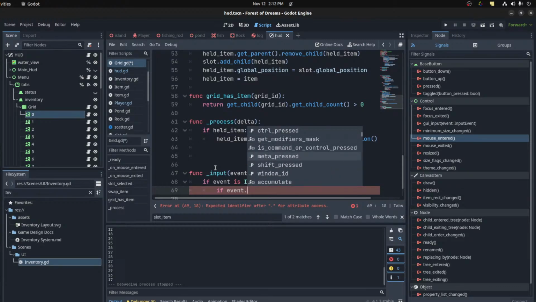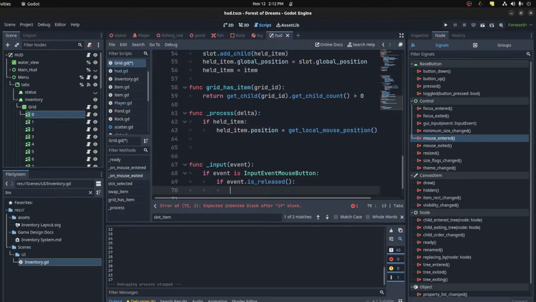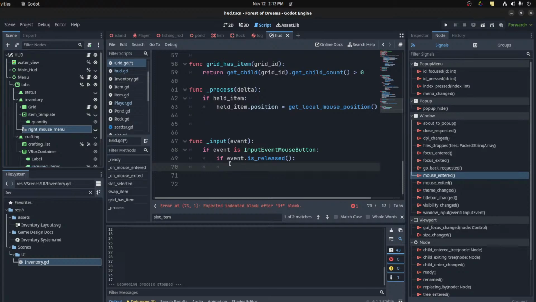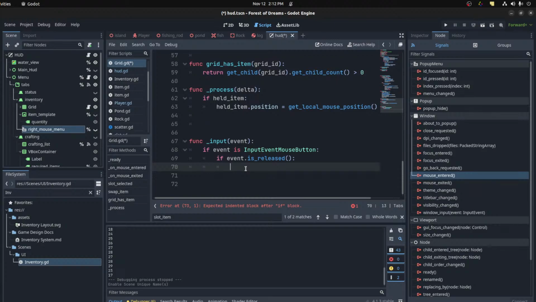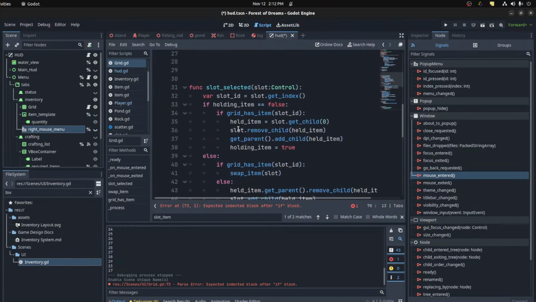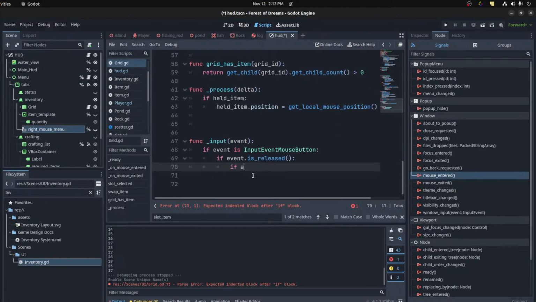I think there's a release. Is released. Then I want to pop up that menu. And only if it's actually active. If the slot is... what do you call it? Where is it? Active slot isn't null. So if active slot,